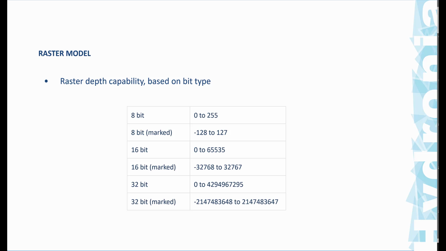For instance, if the file is an 8-bit file, the range of values will be between 0 and 255, which is very limited in a sense, but there is a lot of data that can be stored using 8 bits in any case. And when you have 16-bit, for instance, the range is from 0 to 65,535, so 65,535 values,